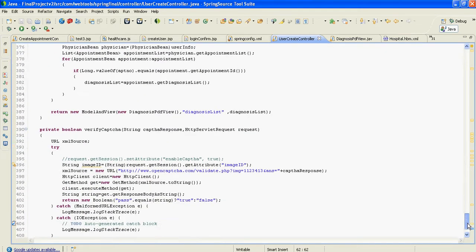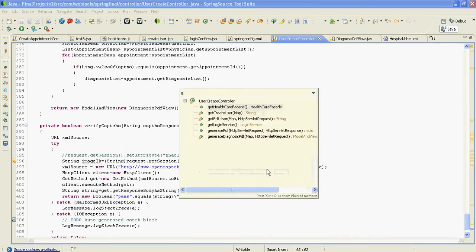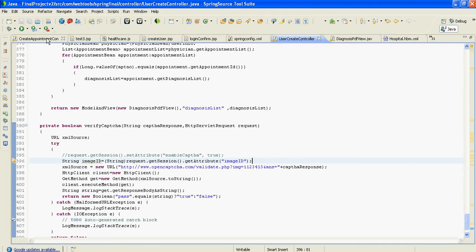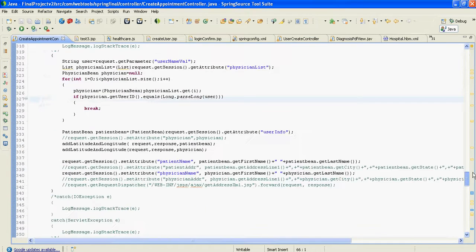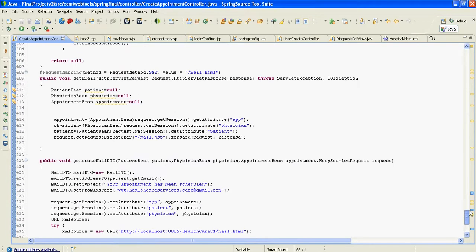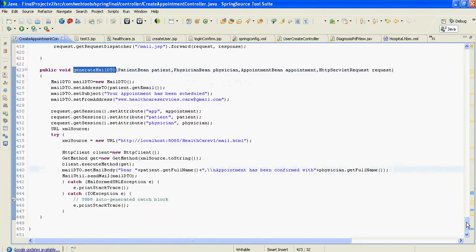In the email code, I initially planned to generate all the email data through a JSP, so that I don't need to do any hard coding here. But I wasn't able to go forward with that. You can see I've written a mail util class, so that I don't need to do any hard coding here.